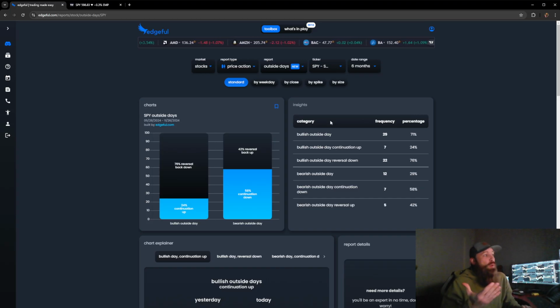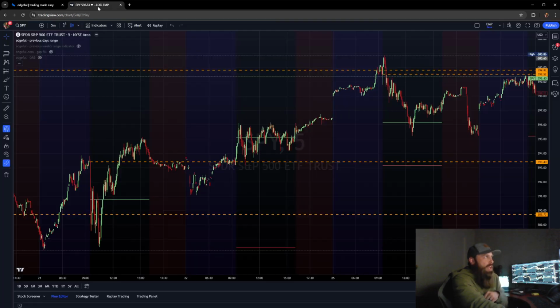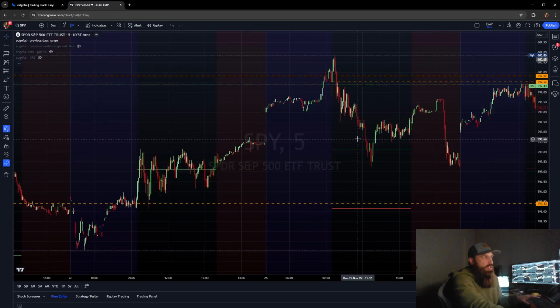But anyway, this is something that I personally look for every single morning when it presents itself. I love the stats here, and I can check them too. So if there's a certain stock that I'm watching that's gapped up big time, and maybe you could, just to add one more thought to this, it's not just, hey, you have to play the reversal back down. So like in this instance on SPY,